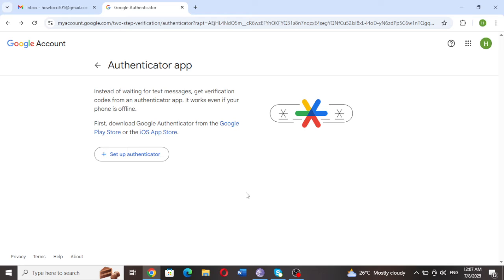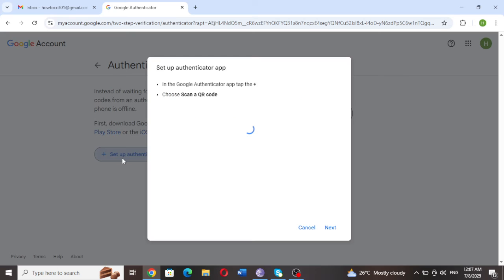Step 2, find authenticator settings. Look for the option that says authenticator app or set up again on a new device. Click it and it will show you this screen. So we'll click on this setup authenticator. And as you can see, here is the QR code. So it says can scan. If you can scan it, then just click on this and it will show you